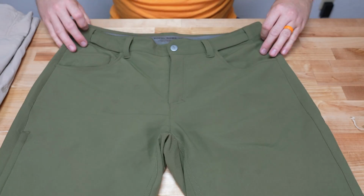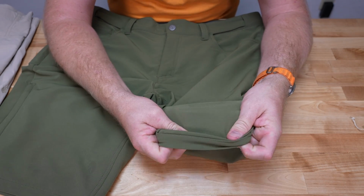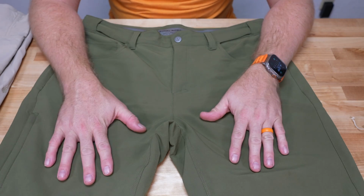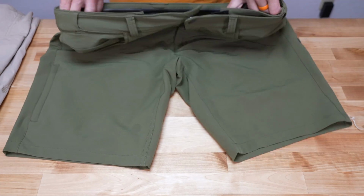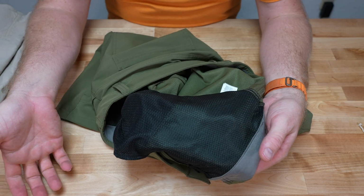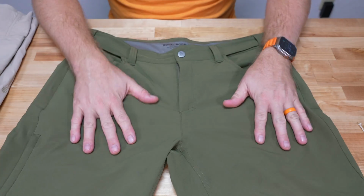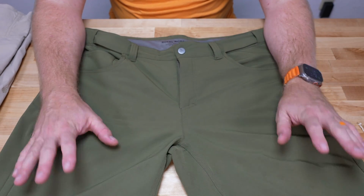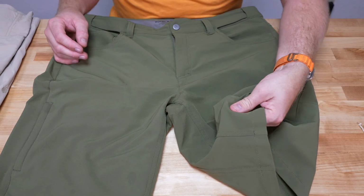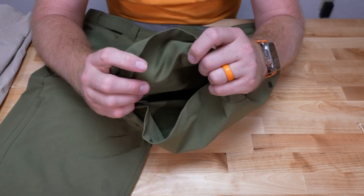Now this fabric is one of the reasons I love this. This fabric is different, and it's a 4-way stretch. So it's got a stretchiness nature to it. It's not crazy the amount of stretch out of it, but it makes it extremely comfortable. Also, on the inside, we have the same kind of mesh airy pockets that we had on the other guy. So nothing big, difference there. Also bluesign approved for its fabric. I think it's like an 88% polyester fabric. Really, I like the feel of this fabric. It feels a little heavier duty on this one as well. So maybe longevity wise, this might be a little bit heavier in terms of that, but it's just a really